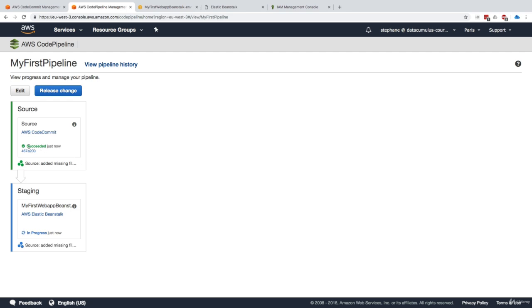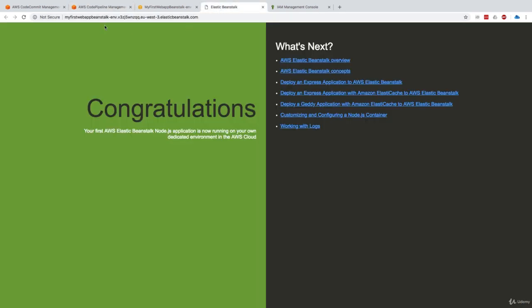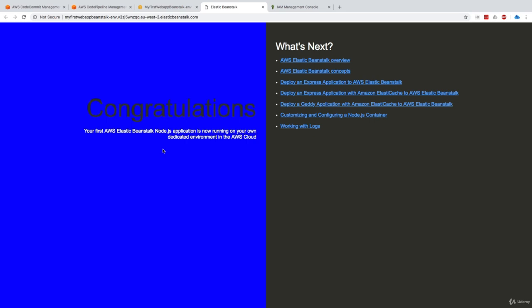So now, yeah, AWS CodeCommit just succeeded. So it looks good. It's a green tick. So it's visually pleasing. We know that things have worked, obviously. And you get some information around the output artifacts, the branch, etc. And then now we're getting into Elastic Beanstalk and it's in progress. There is a deployment of the latest version of the code. So let's just wait a little bit. Now we can see that the staging also has worked. So if we go back to this web page and refresh it, now it's blue.